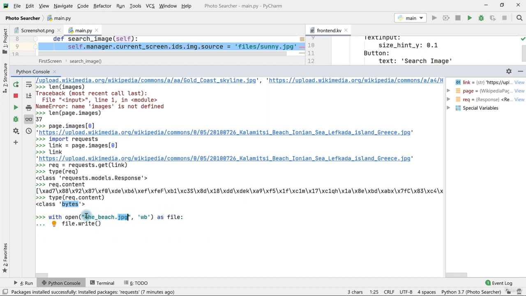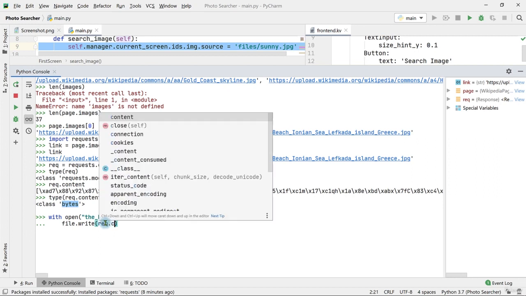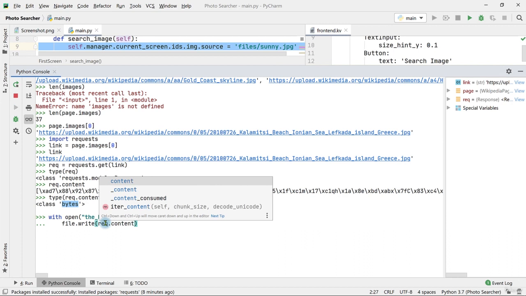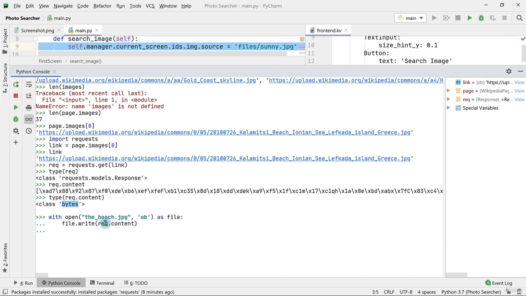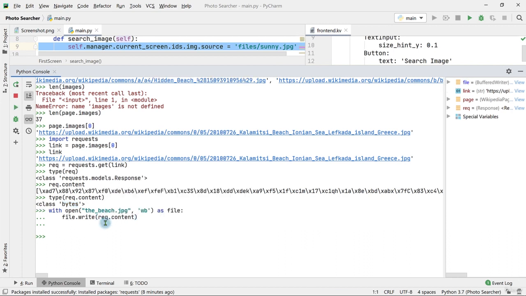So Python will create, up to here, an empty JPG file, and then here we populate that empty file with content, which is rec.content, like that. Execute again to end the block of code,